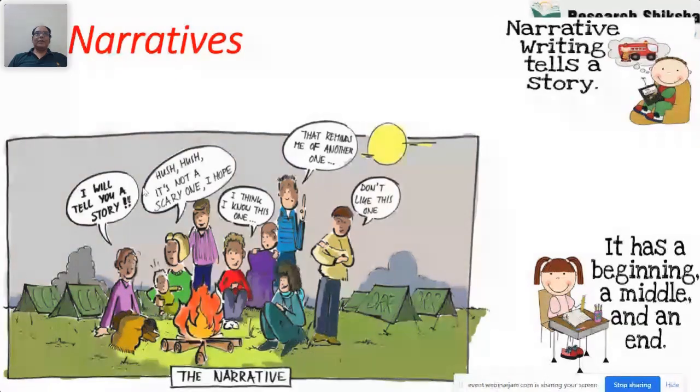So whenever you are studying a paper, how to start a paper, how to write, how to continue a paper, how to end a paper. So starting, continuing, and the ending is called narrative. Narrative is simply writing that tells a story. So how you speak, how you convey your feelings, how you teach in the class, how you communicate to your friends, how you communicate to different people, is the art actually.